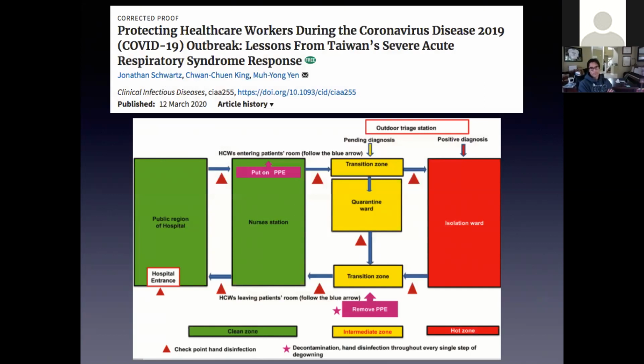So having explicit moments where you wash your hands as you transition from entering the hospital. Before you enter the hospital, wash your hands. Come into the hospital, as you're walking to your department, before you enter your department, wash your hands. Come into your department, put on your PPE. Before you go out to see a patient, wash your hands. And then once you go in to transition to seeing patients, you're washing your hands in and out of the